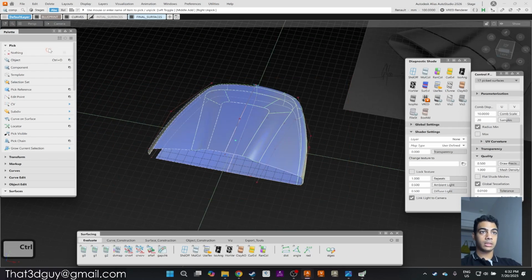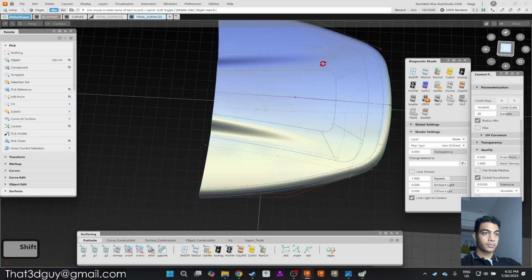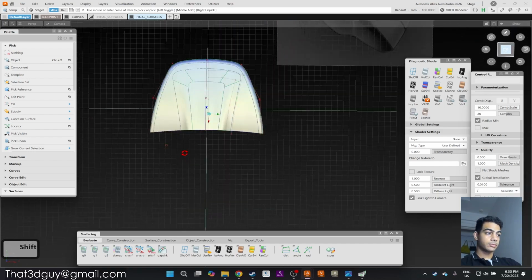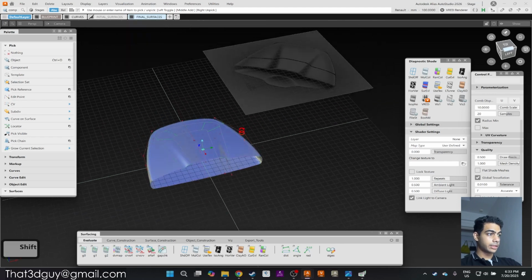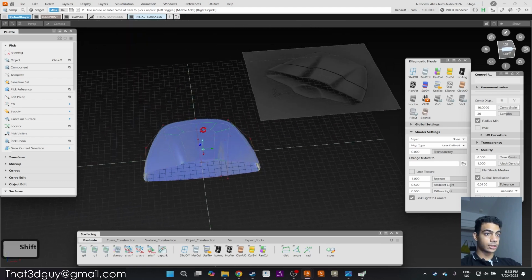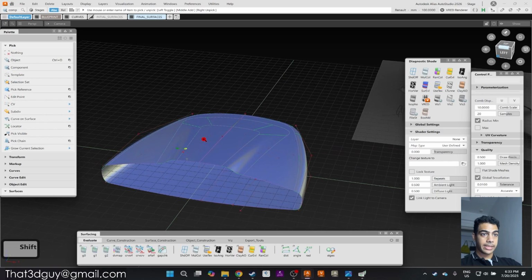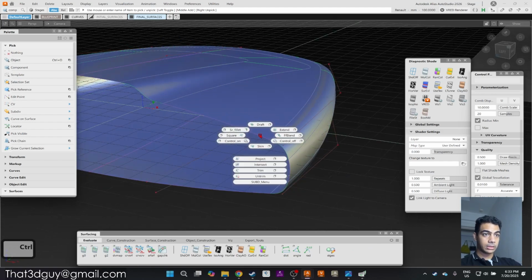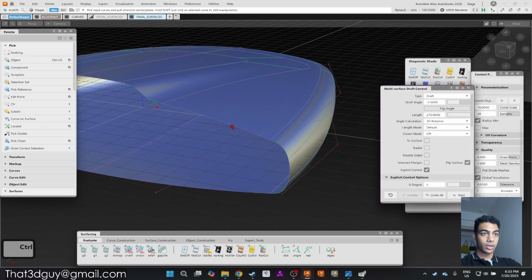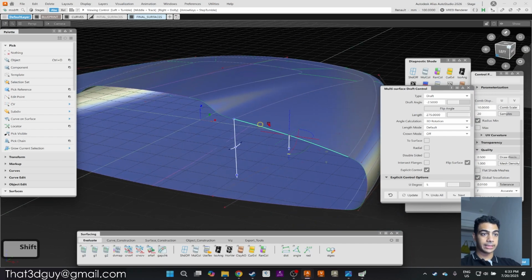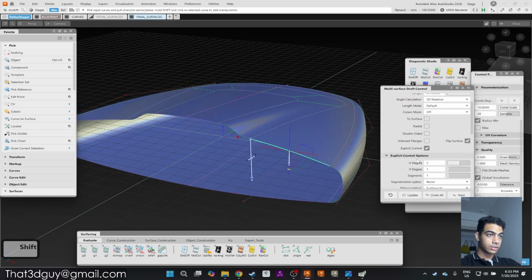Perfect. So now we have the shape here. Looks really interesting. It matches the geometry that we actually have here. And now we can try to basically use draft. Now what draft is going to do for us is basically we are going to chain select everything. So let's chain select,